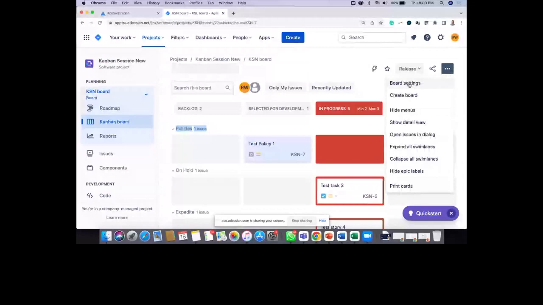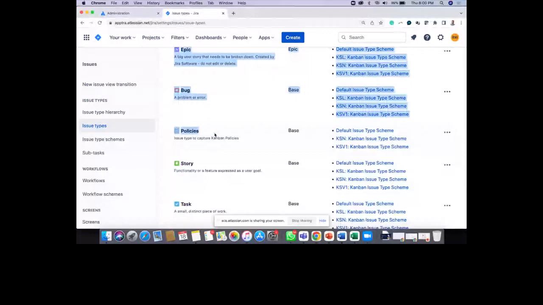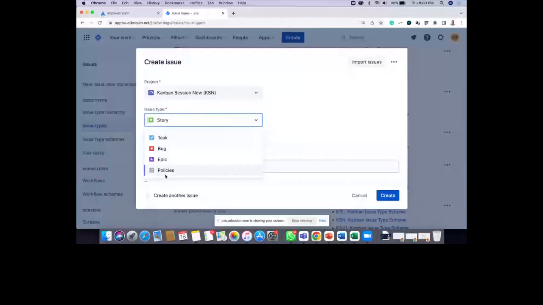If I go to my swim lanes, first of all, what I've done is I've gone to my settings, global settings, and selected issues, and basically what I've done is I've added an issue called policies. That's the first thing that I did, right? So I basically added a new issue type. That's why when I click on create, I'm actually getting these policies as an issue type, right?